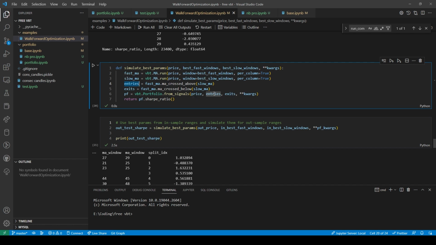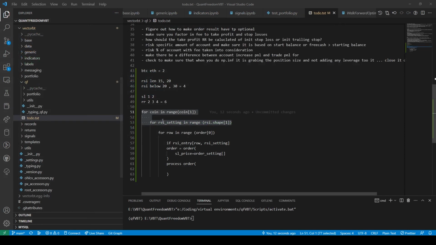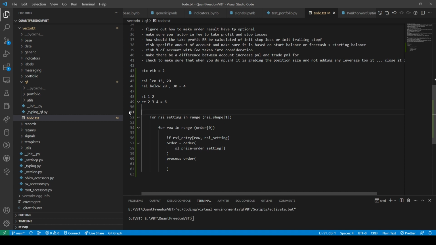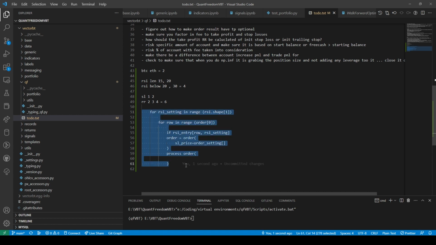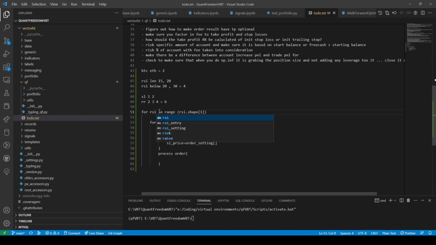So we send it the price, we send it the entries, the exits, and the kwargs. Yeah. So I don't even think we need this. Well, actually, we do need this.